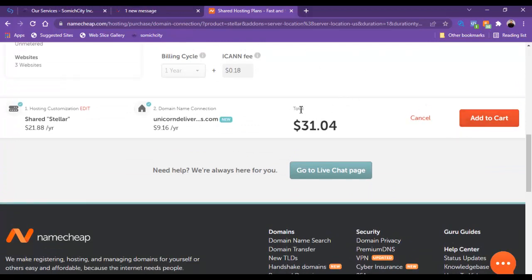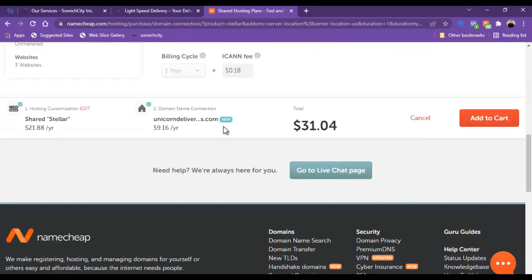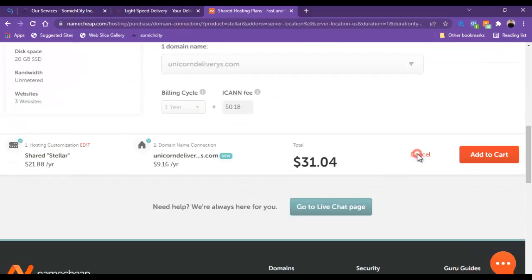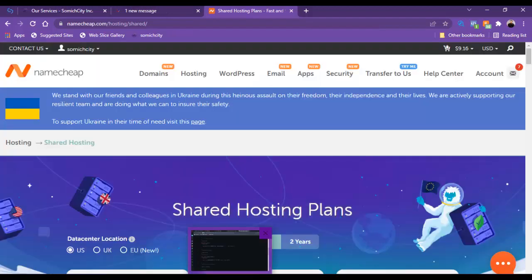So when all this is done, they will send you login details to your Cpanel right in your email address that you used in registering. So now we are going to go straight to that part. So let me cancel this. So let's go to the Cpanel. When they send you login details to your Cpanel,